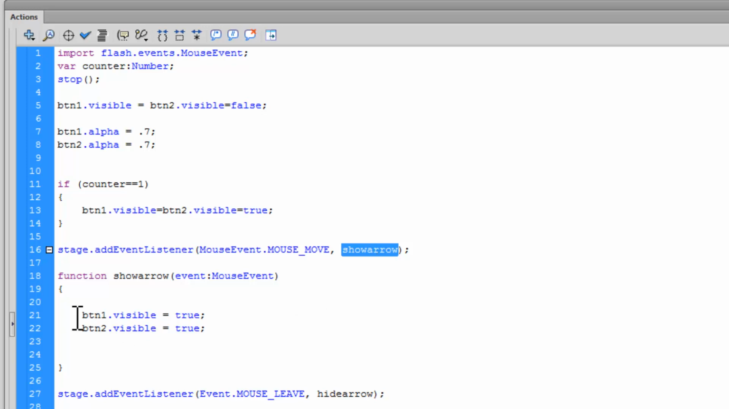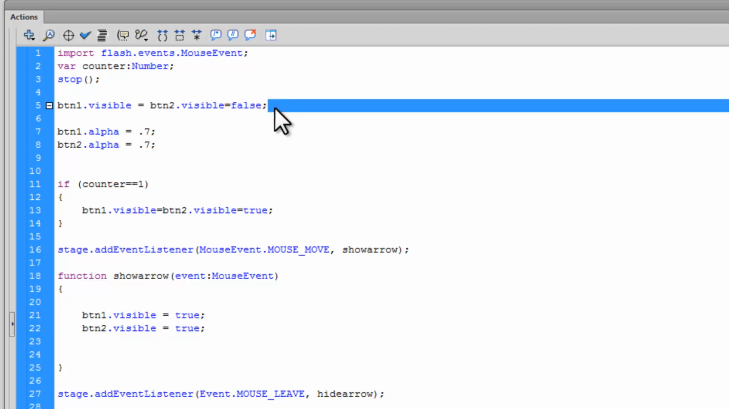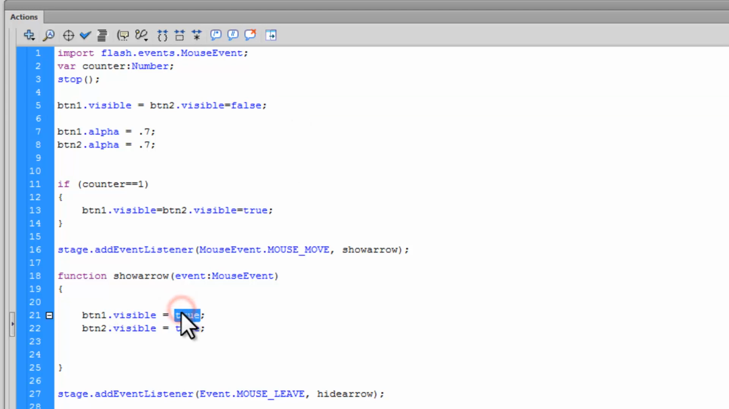What I'm doing is I'm turning the visibility of the buttons, button 1, button 2, back on. If you remember, out here in line number 5, I'd actually turned the visibility off, and here I'm turning the visibility back on. That's very cool. In line number 27 guys, I've added another event listener to the stage, and